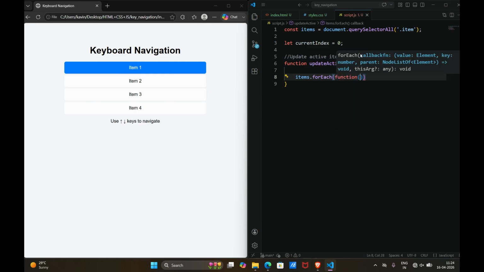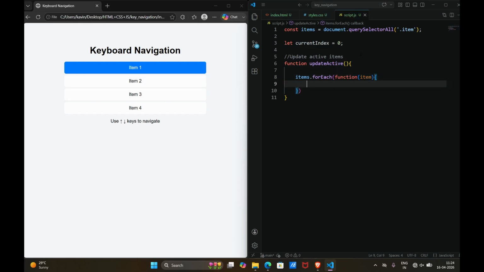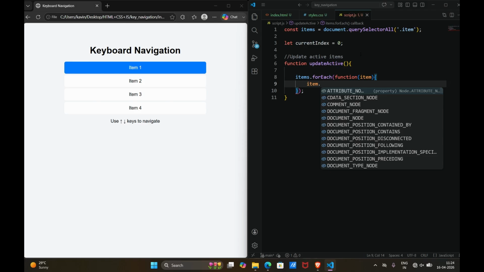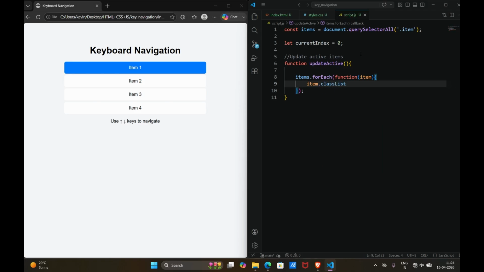I am writing a function with the parameter item. Inside that, we select the item, give it a classList, and remove the class